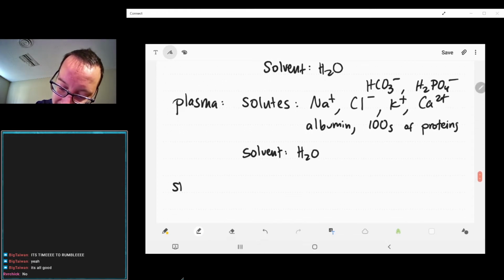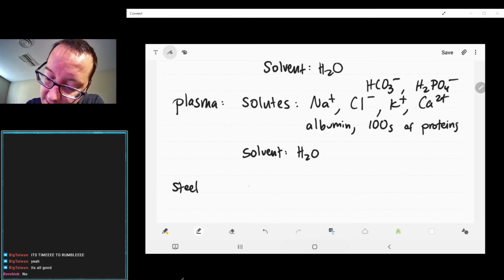If we look at something like steel, steel is a mixture of iron and carbon, potentially with other metals put in, nickel, chromium, all sorts of other bits in there. But if you think about steel, what does steel look like of all those things? If we're just thinking of iron and carbon, carbon is charcoal. It's black, powdery, brittle, whereas iron is silvery, hard, bendable. We're going to see that, of course, steel is more similar to iron, right? They're both metals, or metallic, as it were. We're going to see that the solute